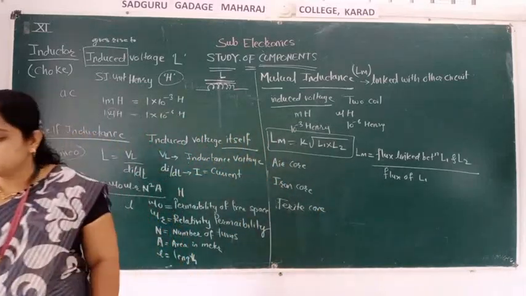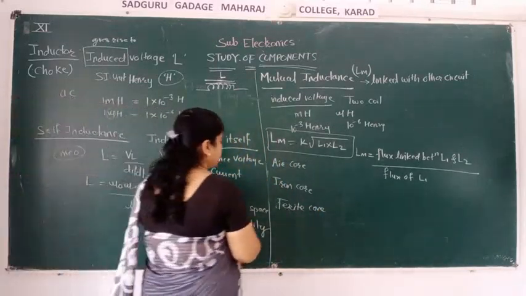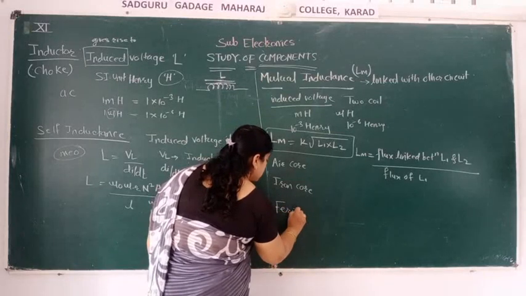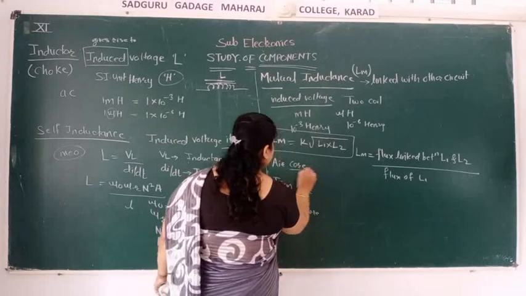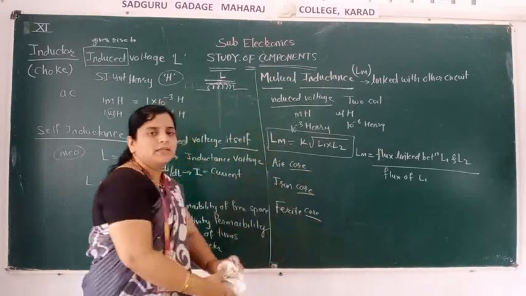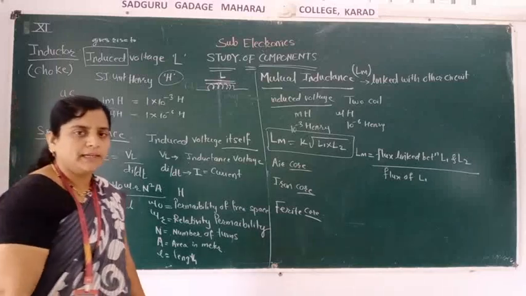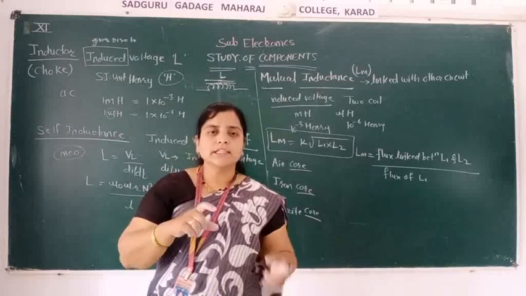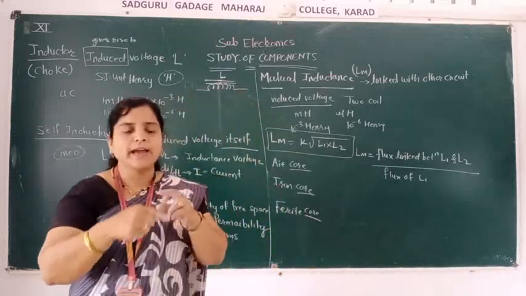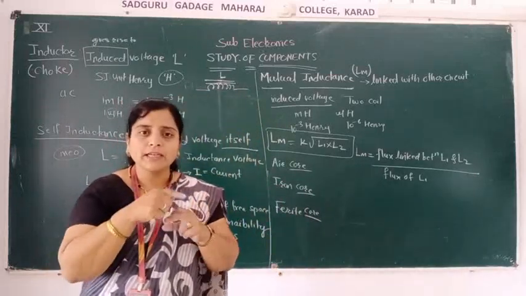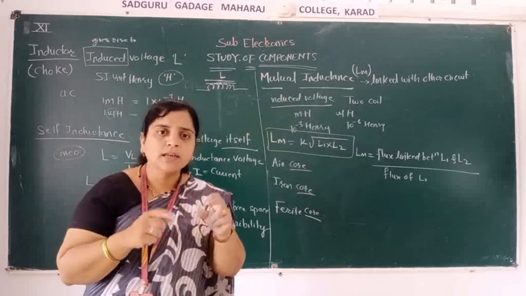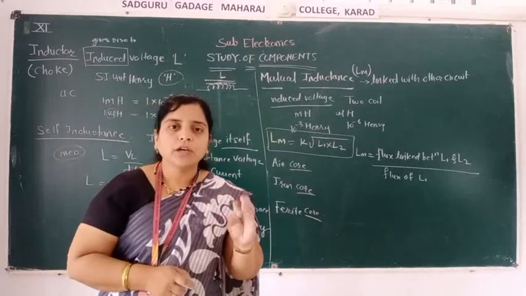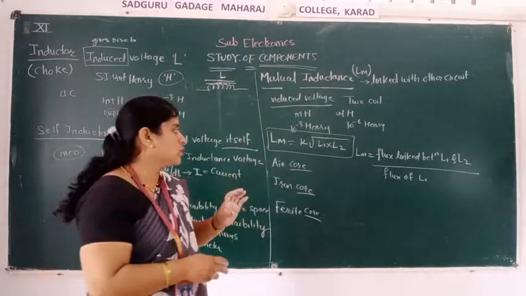Iron core and the ferrite core material. Core means what? Core is nothing but the hollow tube, insulating material. We saw in the resistor that the wire is bound on the insulating material. On what is the magnet's wire wound? On the hollow tube. That hollow tube or insulating material is called the core.